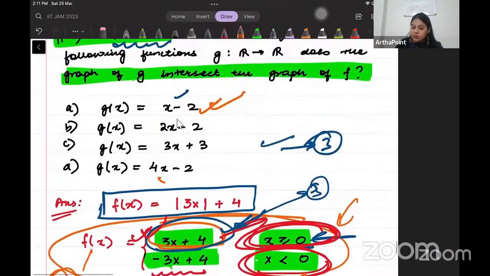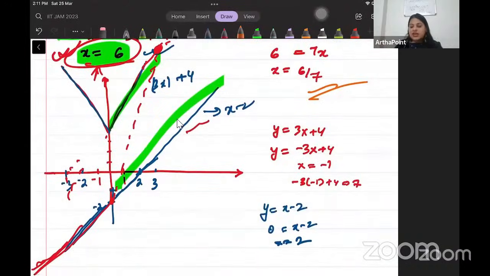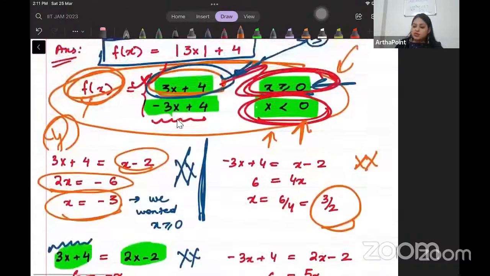Only this function intersects this modulus function once, which is on the positive side when x is 6. And that's the answer. So we will just mark it with